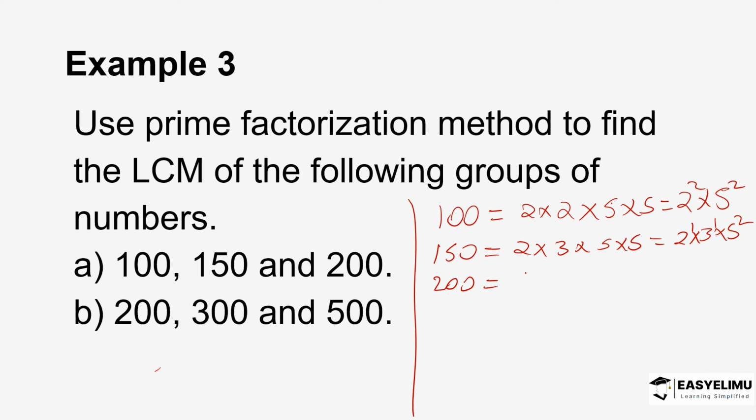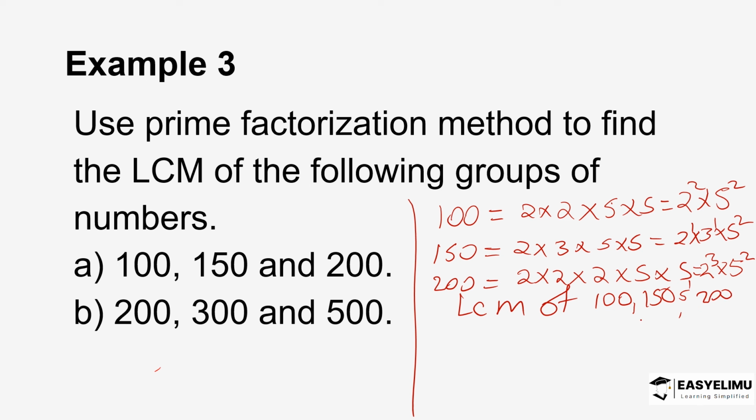is 2 by 2 by 2 by 5 by 5. So this one here will be 2 power 3 and then 5 power 2. So the LCM of 100,